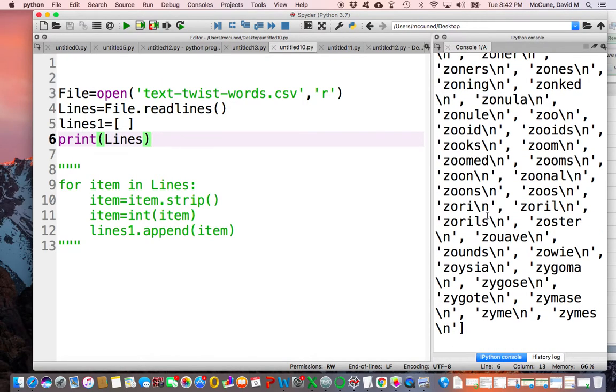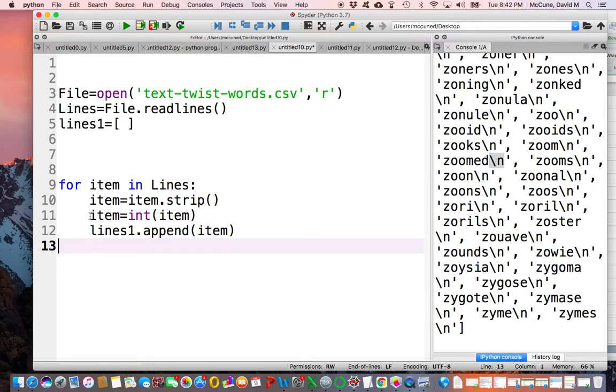So notice now it knows everything's English. That's fine, the fact that it's in quotes is fine. But it's got these new line characters on it. We don't want those. You don't want to keep track of these enter keys. That's kind of obnoxious. So now when you clean up the file, you still want to strip that new line